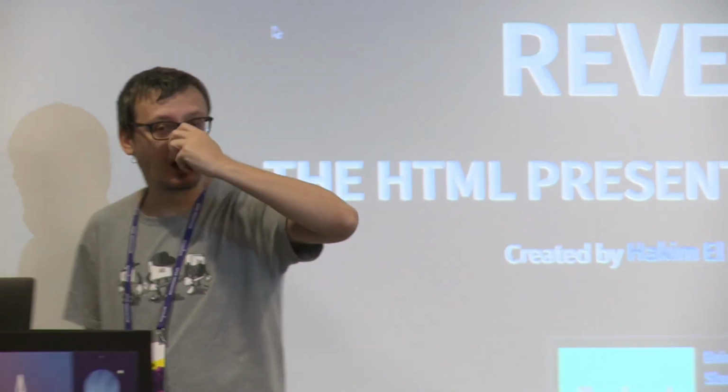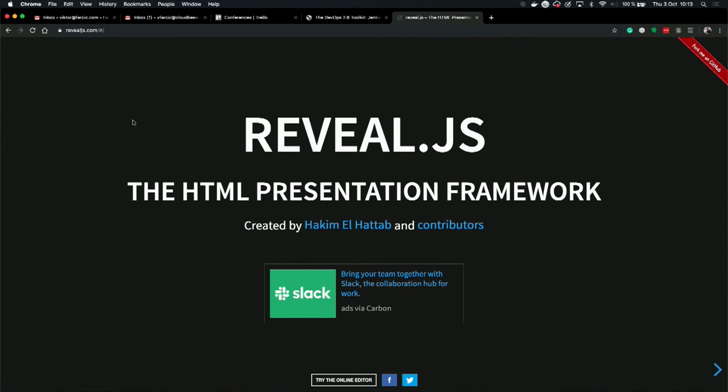RevealJS. This one. Not this one. This one. You cannot see it. Oh, you can. You see? RevealJS. It's a JavaScript framework, and you can write your slides in Markdown, and then it will transform that Markdown into whichever format you want. It's really cool. I love it. I'm not very fond of Keynote and what is the Microsoft thingy? PowerPoint. Oh, yeah. I don't like things that you cannot do without a mouse. That's my rule.